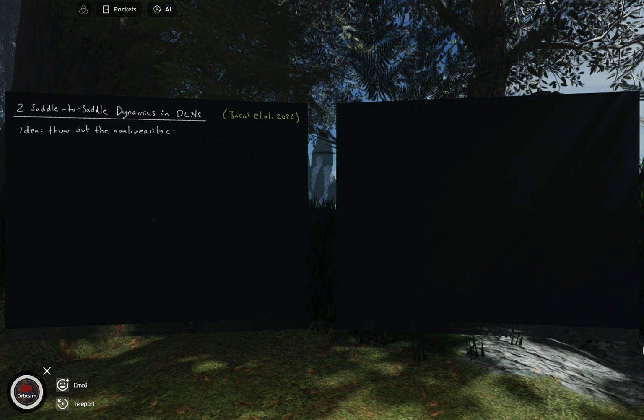Now, I know what you're thinking. If you throw out the nonlinearities, and you have a bunch of linear transformations stacked one after the other, you just end up with another linear transformation at the end. So with respect to expressivity, this doesn't bias anything over linear regression. However, with respect to dynamics, things are going to get a little more interesting.